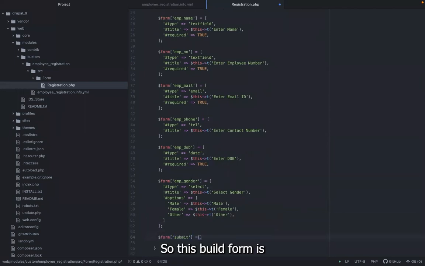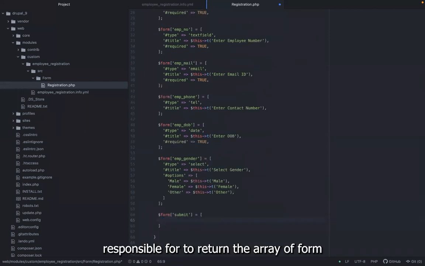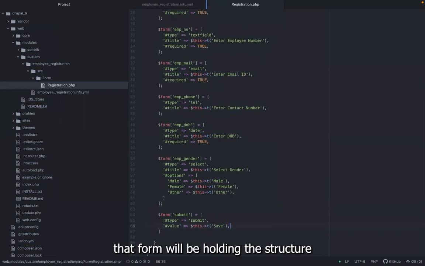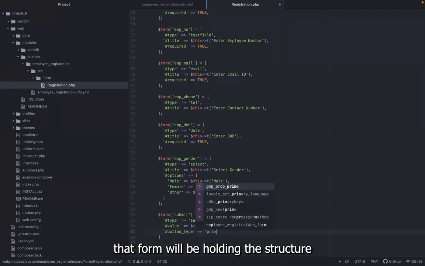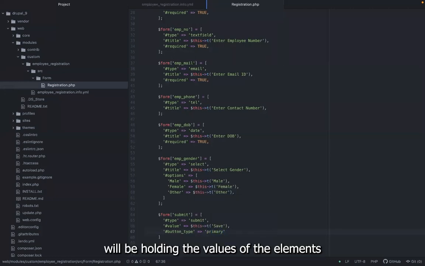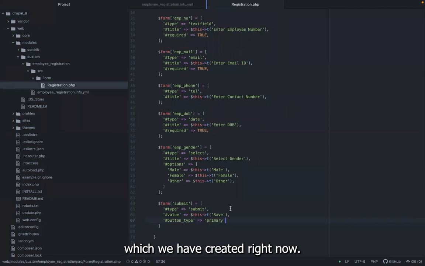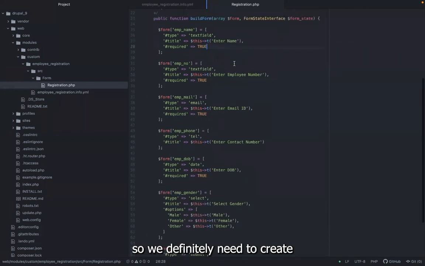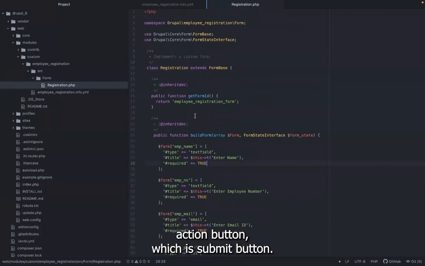So this build form is responsible for returning the array of form. So that form will be holding the structured values of the elements which we have created right now. Since a form cannot be submitted without a button, we definitely need to create an action button, which here is the submit button. Okay,